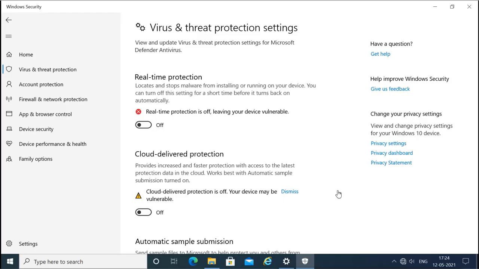Now before you are creating worms, trojans or viruses in your system, first you have to disable your security part. Like you have to disable your Windows Defender, or if you are having any antivirus, you have to disable it. Otherwise your antivirus can detect it, and then it can submit the code to the developers, and then developers can spread the signature with the updates, and everyone can detect your virus. So when you are doing some harmful thing, you should disable the security part.